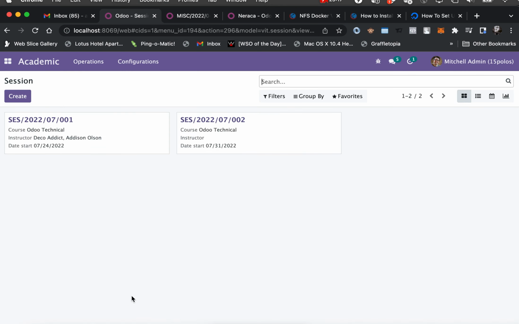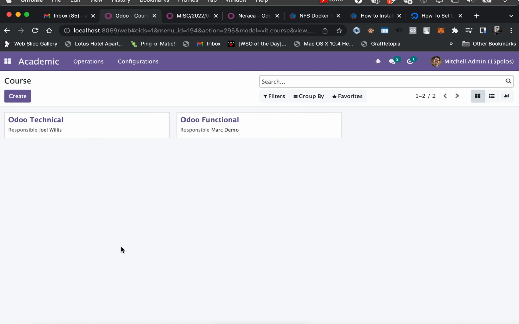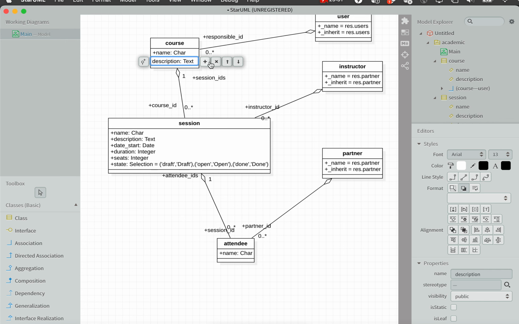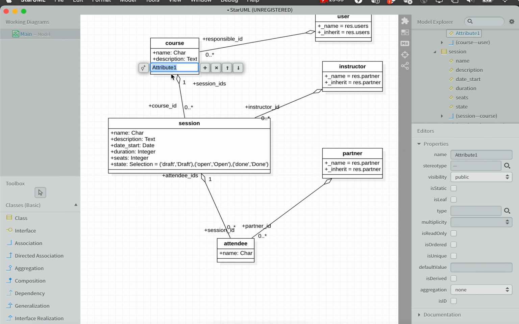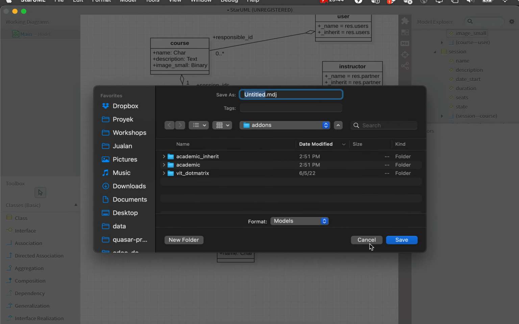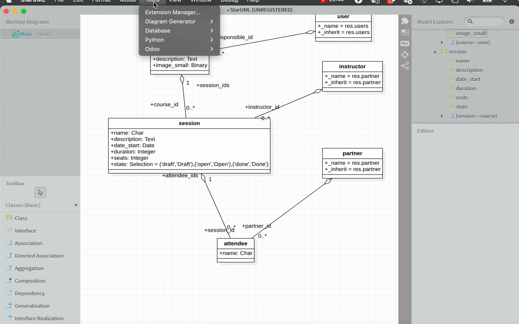Okay, let's go to the course. Actually, we can put an image on the Kanban. It's very easy. Let me show you. So in the course, we add another field. We call it image small with binary type. Okay, so we edit the diagram. We have to regenerate the diagram again, generate code,